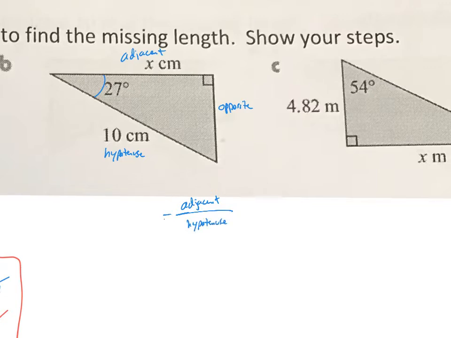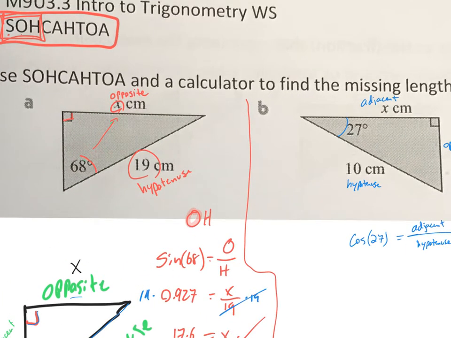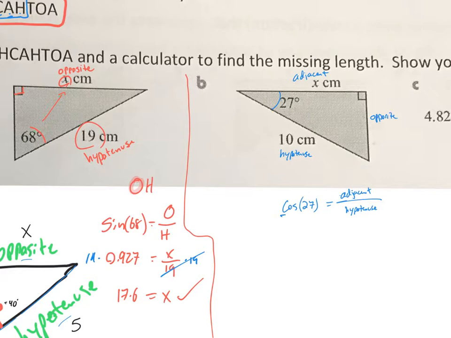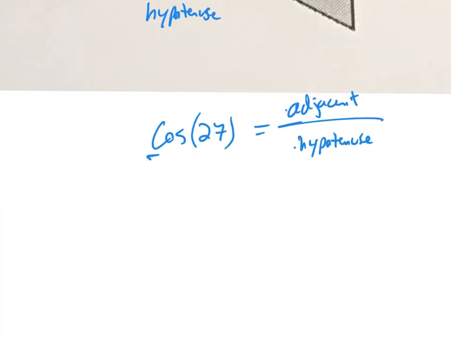we'll get a special decimal, and that decimal is the cosine of 27. And we remember that from this part, the cosine is the adjacent over the hypotenuse. The adjacent over the hypotenuse, we know that we'll use cosine here. Right? So cosine is adjacent over hypotenuse. We use the mnemonic device to help us remember that cosine is adjacent over hypotenuse. When you plug in cosine of 27, you get this decimal,